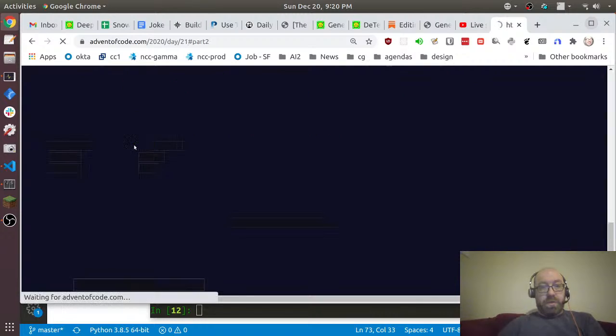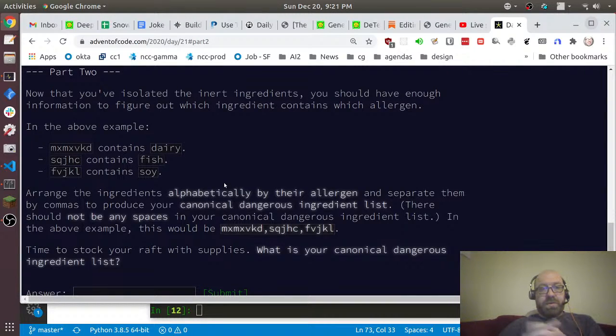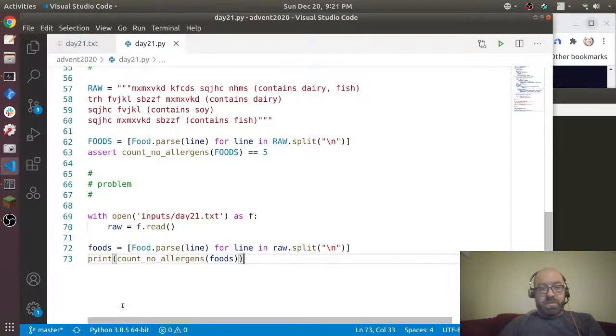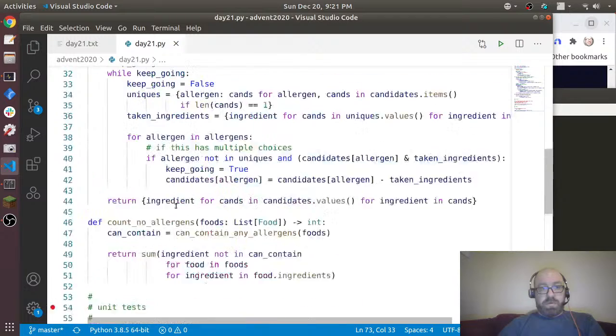Okay, good. Now that you've isolated the inert ingredients, you should have enough information to figure out which ingredient contains which allergen. The above example, M contains dairy. Arrange the ingredients, so there should not be any spaces. The above example, time to stock your raft with supplies. What is your canonical dangerous ingredient list? Okay, so